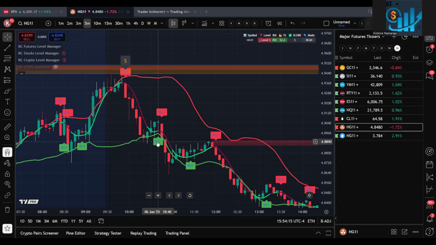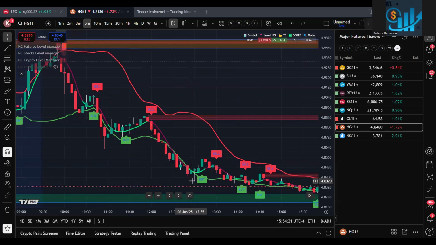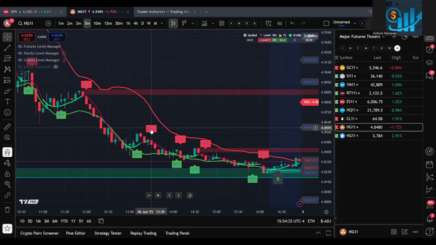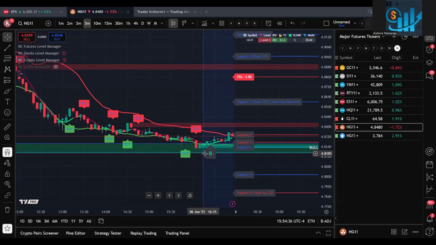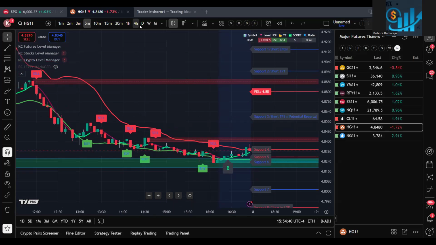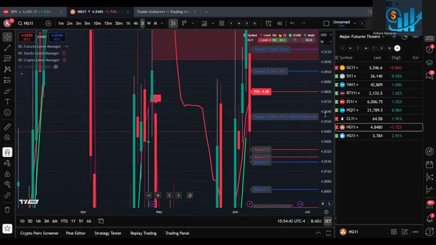You got a buy, close the sell. Again, you got a sell, open a sell. You got a buy, close the sell. You got a sell, again open a short position. You got a buy, take profits on the sell signal. For a buy, you will not open a long position. You will only close the short position. Whenever you get a sell, you will open a short position, close the short, but you will not take the reverse side. Now you got a buy, you better avoid it because overall in the daily time frame,